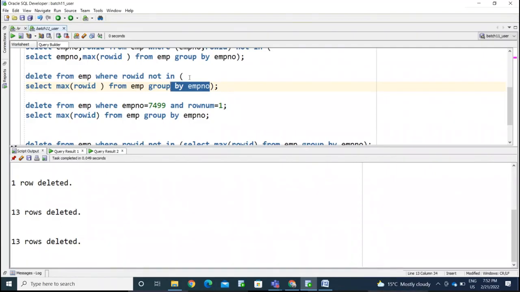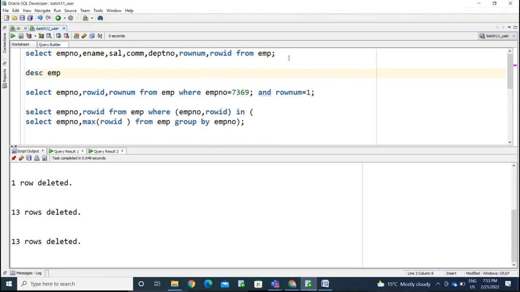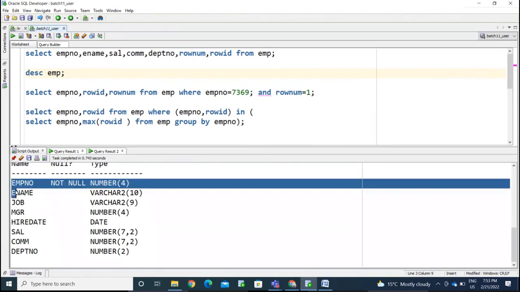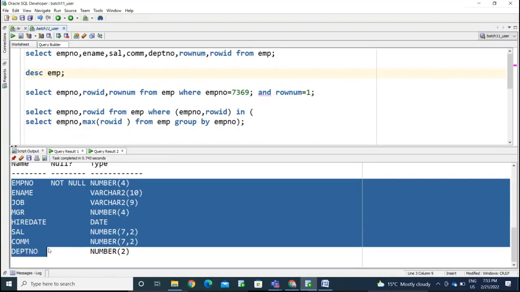Okay, so row ID and row number: the difference between these two, they are pseudo columns, not your actual columns. Here, select star from employee, row number, row ID. Let me describe the employee table here. Describe EMP. You are describing the table. See employee number, employee name, job, manager, hire date, salary, commission, department number, right? There is no row number column or row ID column in this list, but it acts like a column